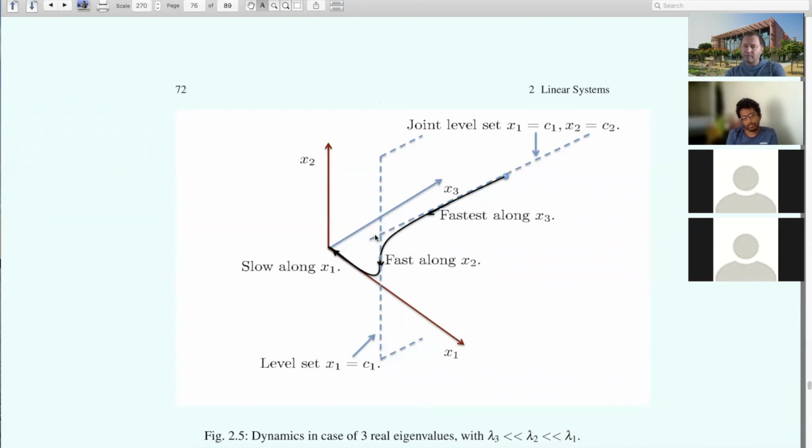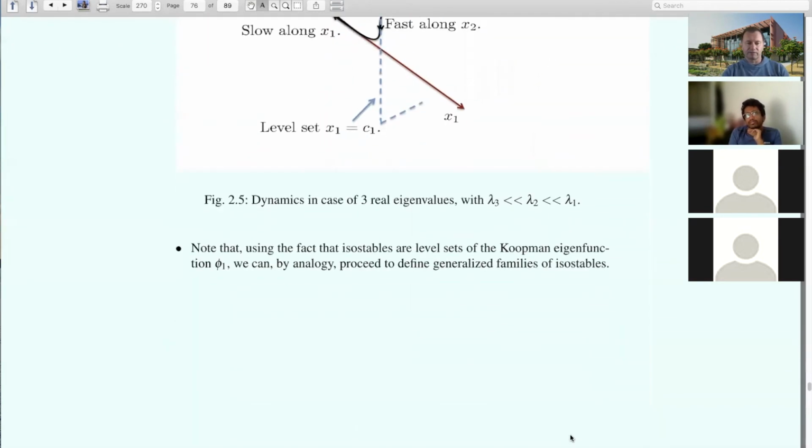x3 slides to 0 the fastest because it has the most negative eigenvalue associated. Then once your trajectory has achieved that, it slides along x2 to make x2 0, and then goes into x1. So in some sense, if you have enough separation between these lambda 1, lambda 2, and lambda 3, you actually kind of almost have a piecewise dynamics that goes to x1. This is how you can visualize dynamics in very, very high dimensional spaces, visualize a trajectory using these types of